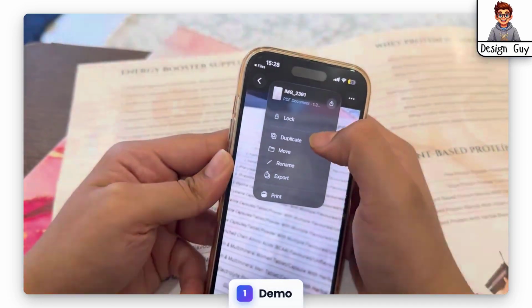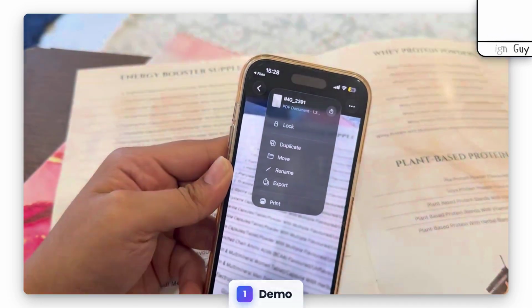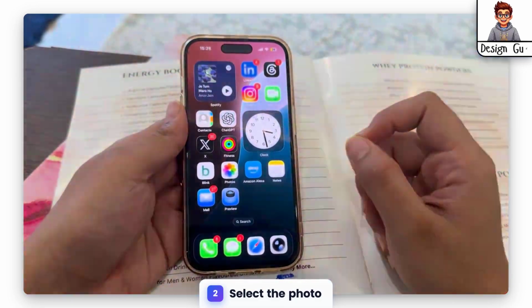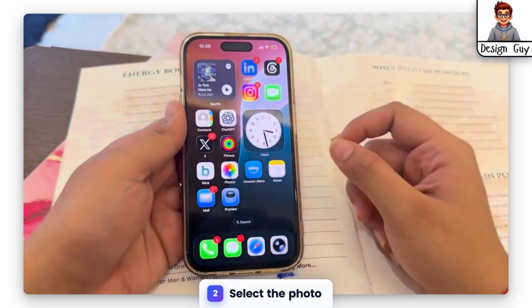Hello, I'm Design Guy. Today I'll show you the easiest way to turn your photos into PDFs right on your iPhone. Now, if we want to convert a photo to PDF, we'll start by opening the Photos app, where all